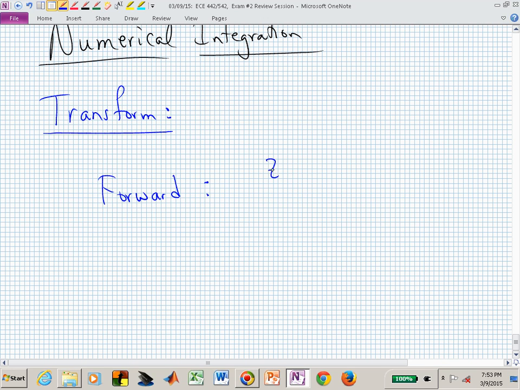You could do the forward approach, and I hope you sort of have a visual of what that represents in terms of the picture of your signal that you're integrating. That then boils down to a Z expression that you then equate with S if you wanted to convert from continuous time to discrete time: Z minus 1 over T. Everywhere you have an S, you replace it with Z minus 1 over T. If you had an S cubed, you would cube this expression, Z minus 1 over T. You could be asked to do the backward rule in the numerical integration approach. Then you have Z minus 1 over TZ,